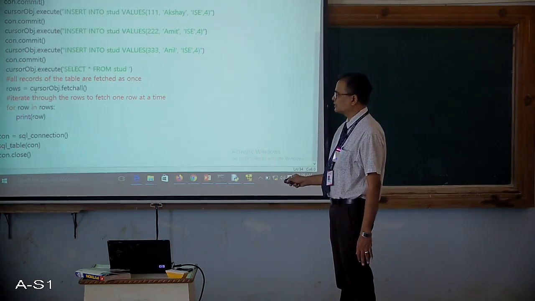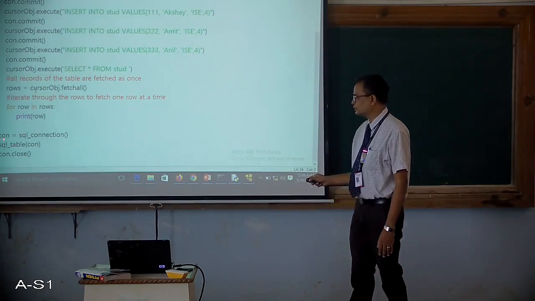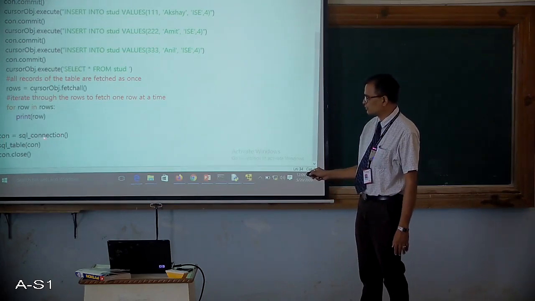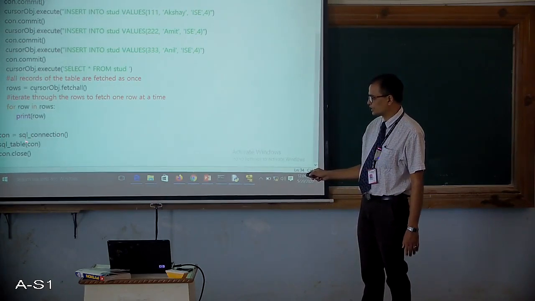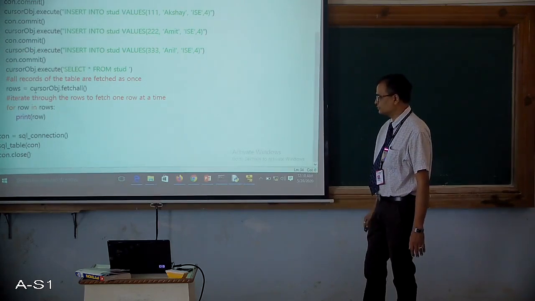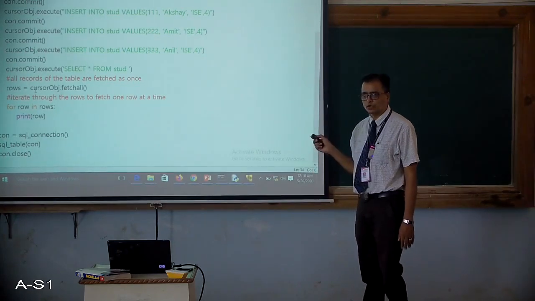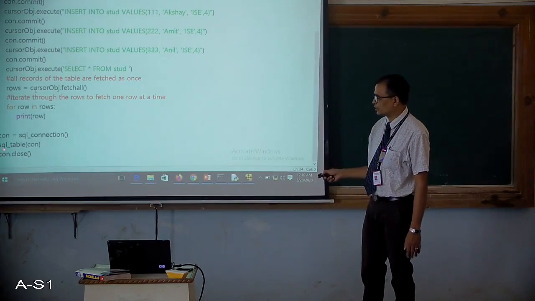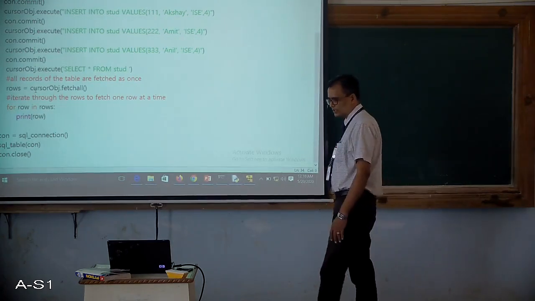Okay, that is the reason why SQL underscore table is used. So connection object is returned from SQL connection function, and the same connection object is passed here to SQL table function, and then at the end we close connection. If you use closing, then you need not call this, automatically it will get closed.